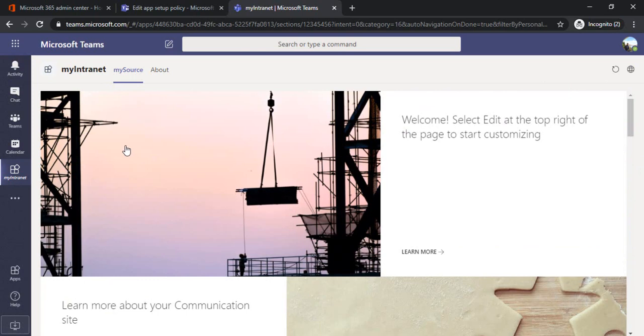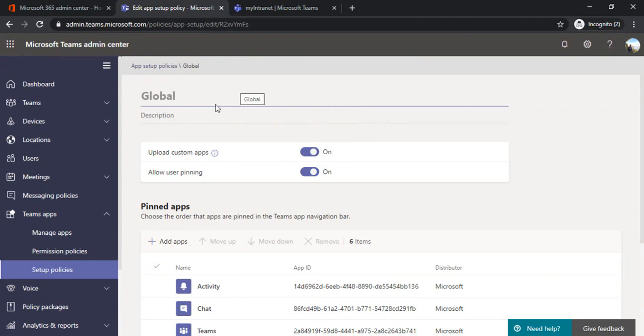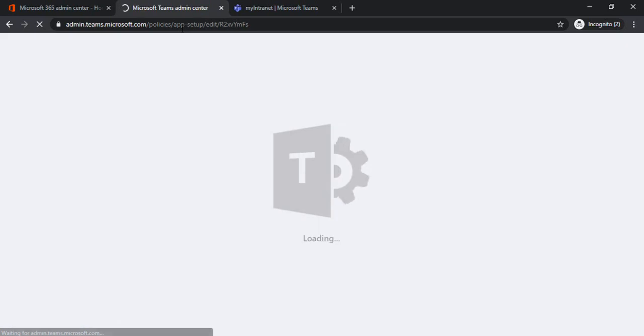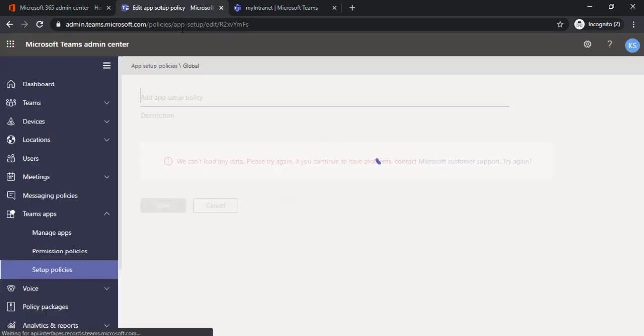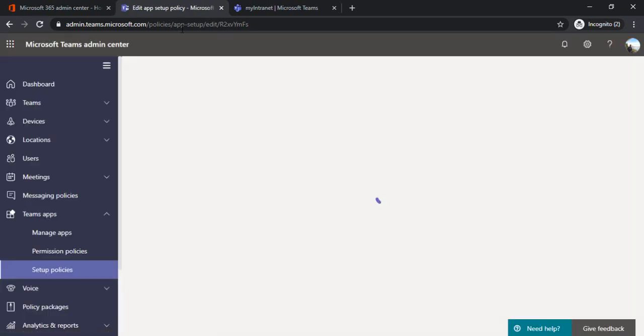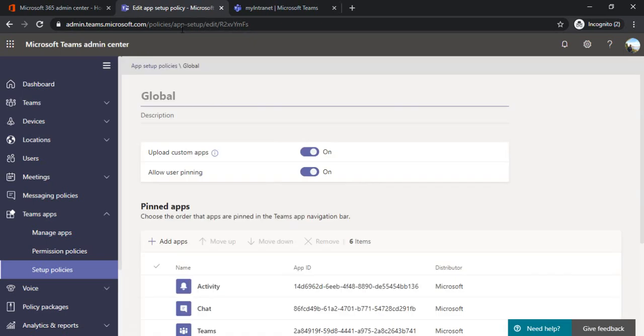Now, you want anyone from your company who logs in to see this intranet. Right now that option would be driven only from this Teams administration. So let me refresh and show you how you can force everyone to see this My Intranet option and how you can set up the order of this.